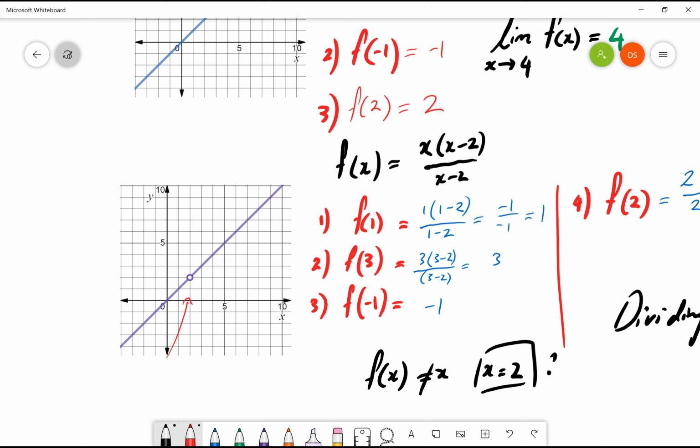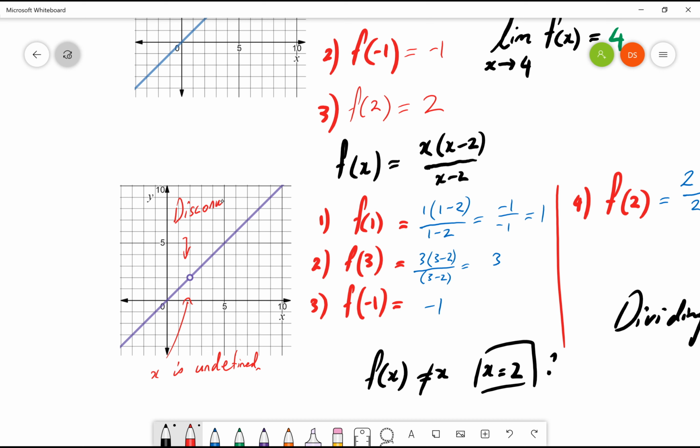And this hole is where x is undefined. Because if I can't plug in the x value into the equation, then it's undefined at that point. So essentially, this function is y equals x with a hole in it. You could say it's holy, right? So when x equals 2, this function is not defined, but it's defined for every other value except when x equals 2. And so this point here is called a